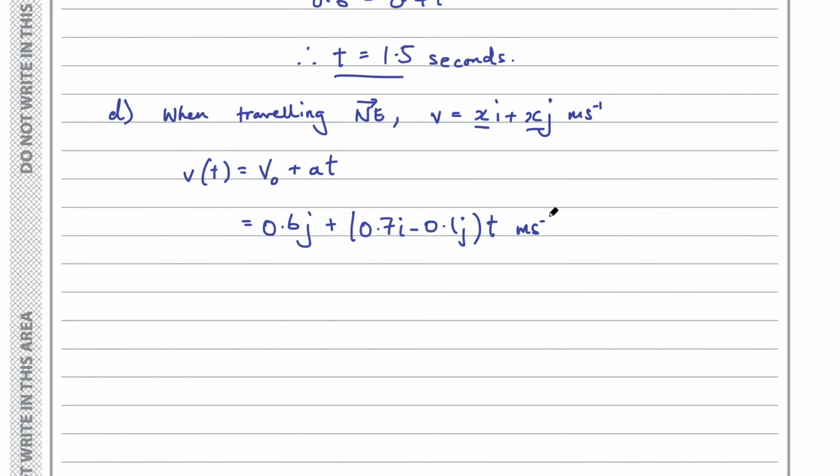And this is meters per second. So let's go ahead and make an equation out of this like we did last time and solve it for t. So we've got 0.6 minus 0.1t, and that needs to be equal to the magnitude of the i vector, so 0.7t. And again, we want the t's on the right hand side, so 0.6 equals 0.7t plus 0.1t. That's going to be 0.8t, so therefore t is going to be 0.6 divided by 0.8,